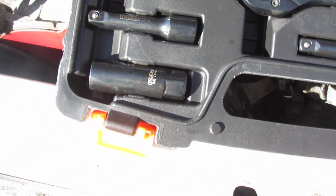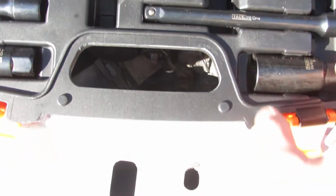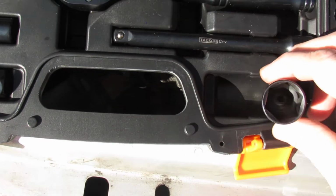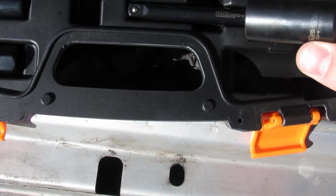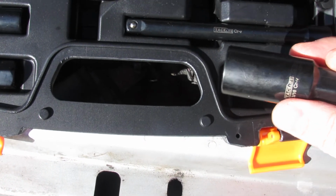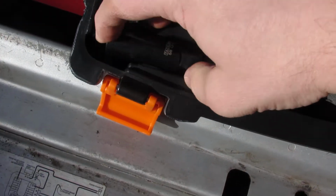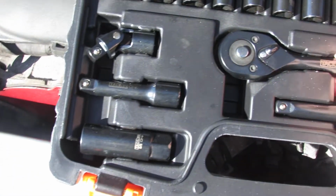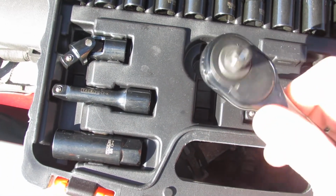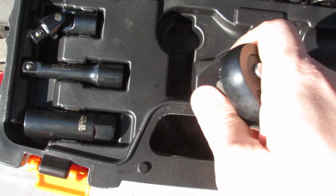So the other nice thing is it comes with these two extensions, and these are the spark plug sockets. So this one is size 13/16, and this one is 5/8, and the ratchet has a fine number of